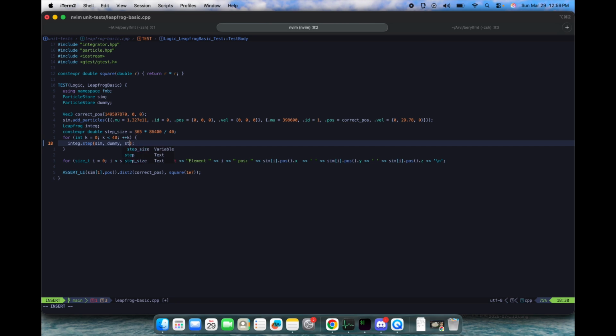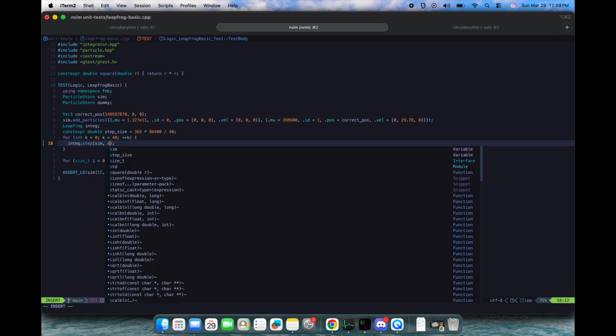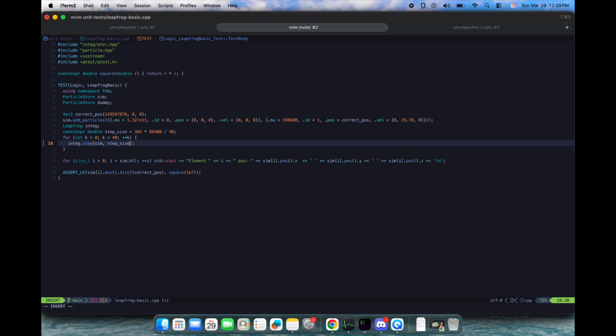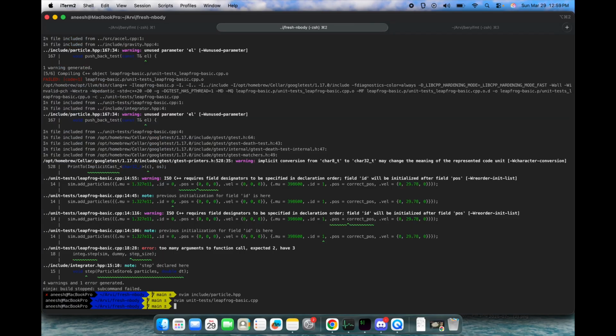I find it funny the first error it gives is the amount and not the step size. WQ, and now if I do this,